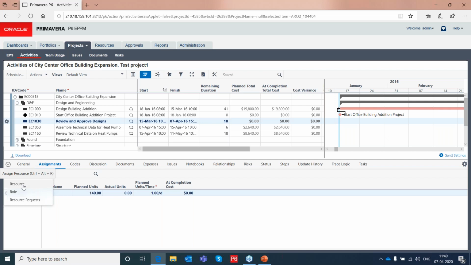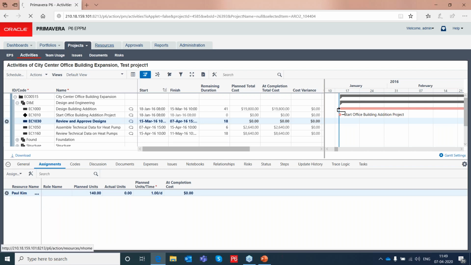Okay, let me give a scenario. You have a project which is happening after 6 months, but you want to do the planning now. You don't know which resource is going to work on the project, but you have the roles which will be involved in the project. Like, let's say I have an electrical engineer who has to work on the project. Then I create a role called electrical engineer and start using them, right? Let me show you the place where I do the roles and resource creation first. Then we'll come back to this after that.